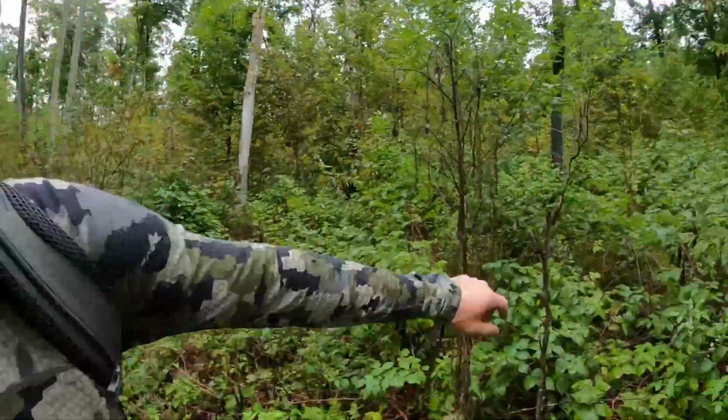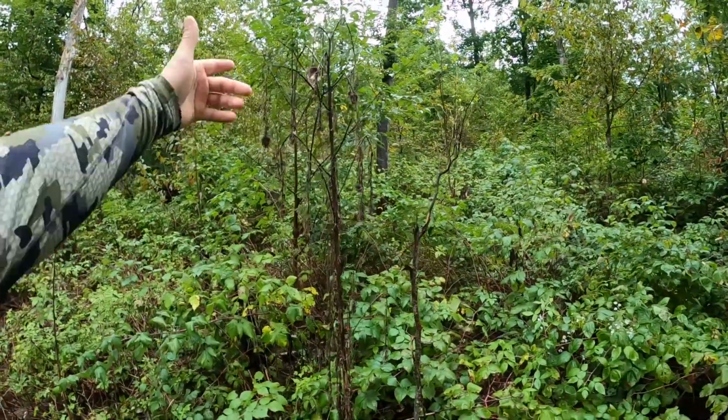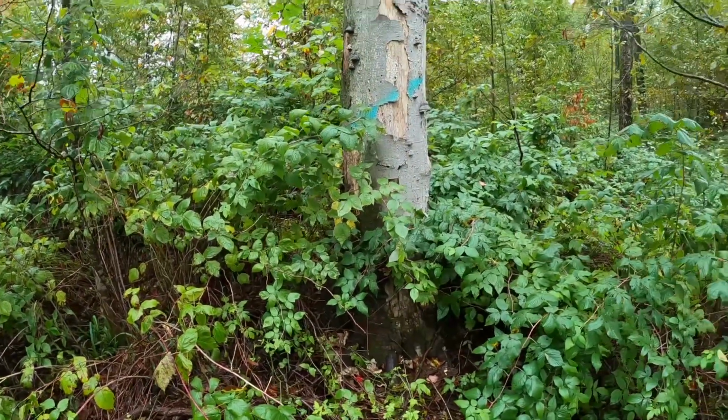I'm assuming they're coming up further off the ridge. That's what I'm assuming anyways. I want a trail camera here. I can see the run. I can see the deer trail going up into there. Looks like there's one coming out of there too. All they're doing is coming off the tops of these hills, dropping down into here, and feeding on all this. This is all food for them. So I think I might have to stick it on that big beech tree. I don't want to, but